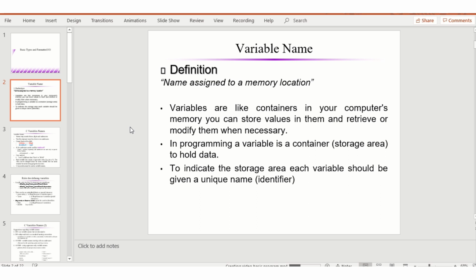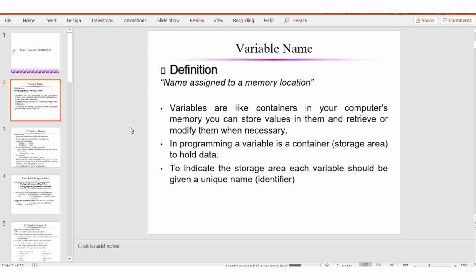Now subject 1, subject 2, subject 3 are the names, and there are memory places that are reserved for those marks. Then you will ask your student or user to enter the marks against subject 1. The value that the user has entered will be stored in that specific memory location, and the name of that memory location will be subject 1.